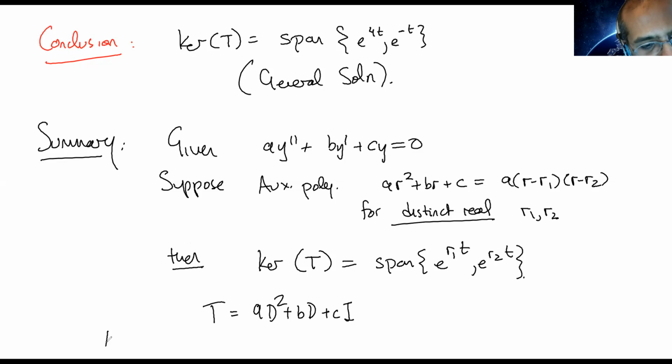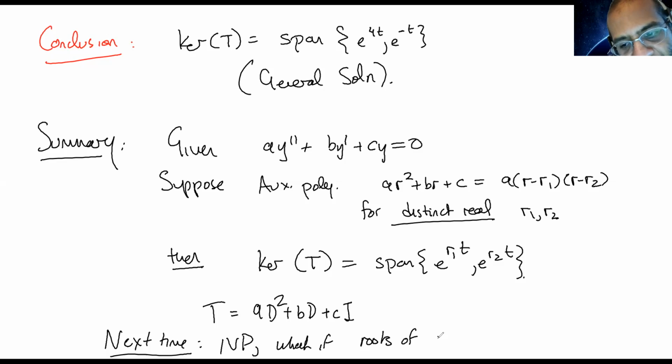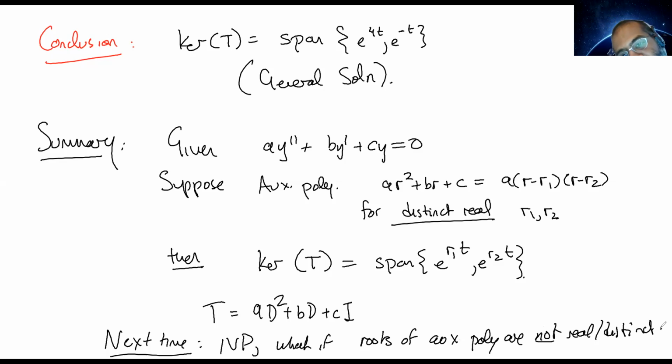Okay, so I'll end there, and next time we'll do the initial value problem and what if the roots of the auxiliary polynomial are not real and distinct. Okay, really sorry for going so over time. The SVD thing I was hoping to spend much time on, but